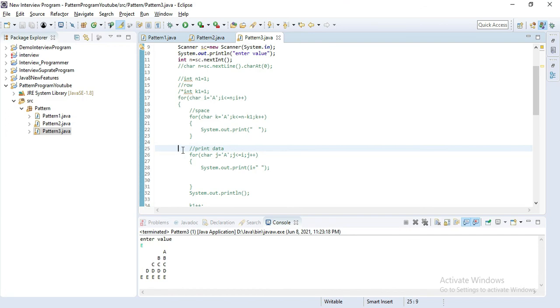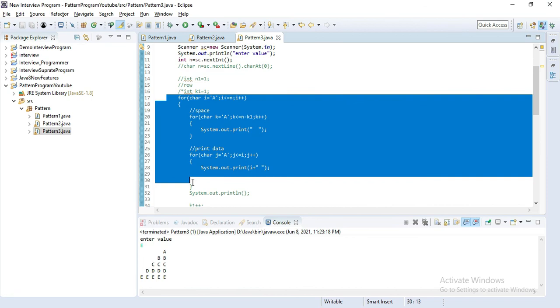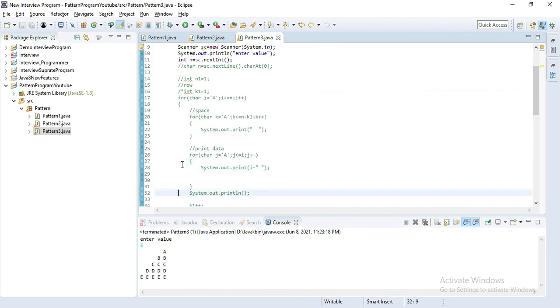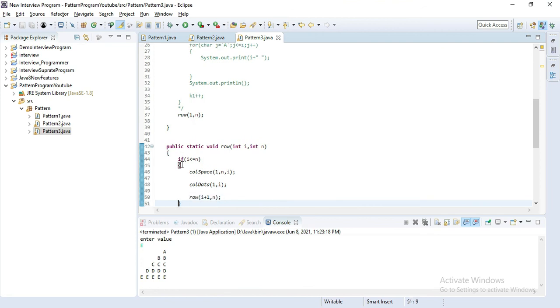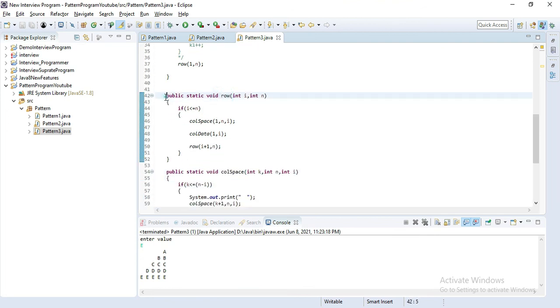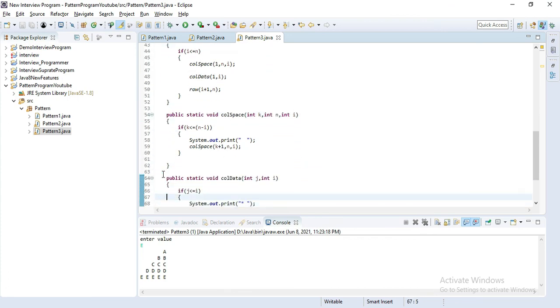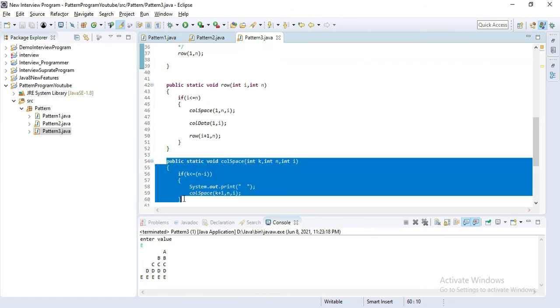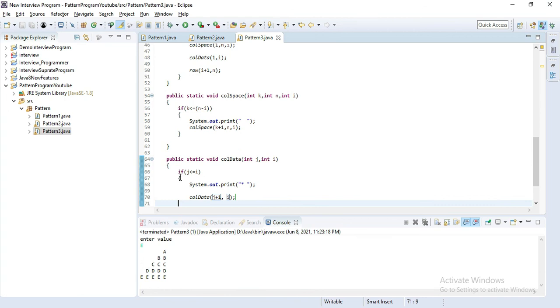Our requirement is that we don't need any for loop; we have to do the same program without for loops. So we created 3 methods. The first method acts like the outer for loop, and these two methods act like the inner for loops: one for space and the second for printing stars.